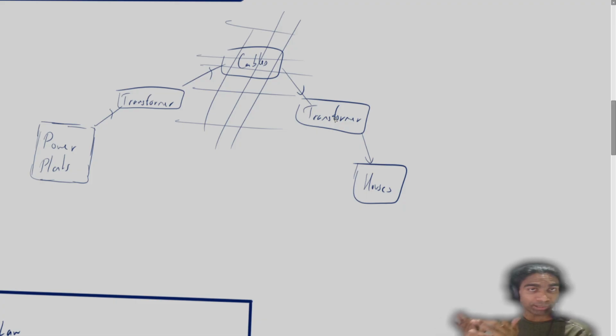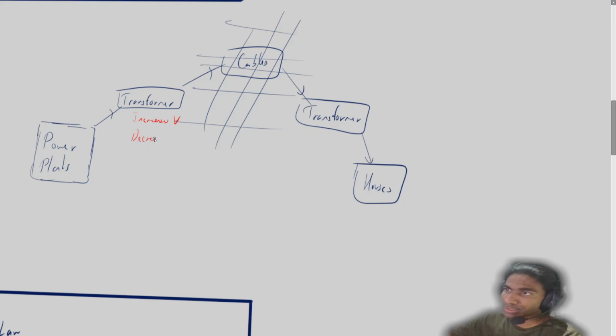The problem becomes the fact that this is going to waste a lot of electricity, a lot of energy, which is a lot of money. So what we do is, before the electricity has a chance to go into the cables, we use a transformer to change the voltage. What this transformer does over here is it increases the voltage